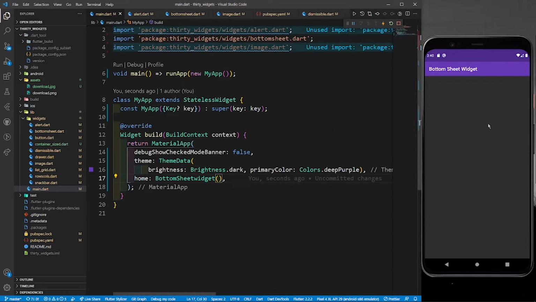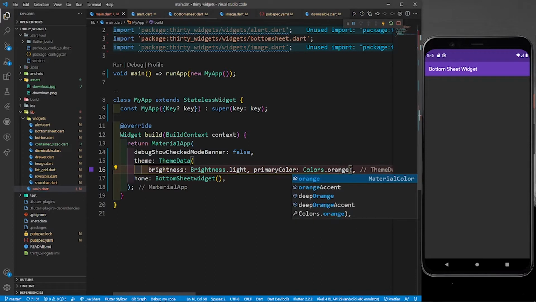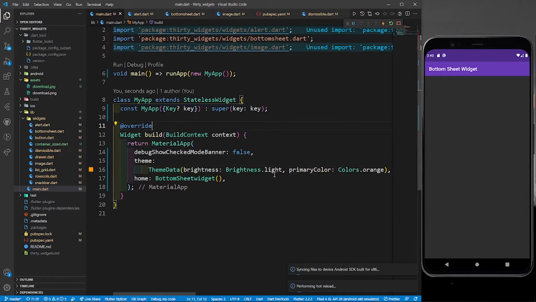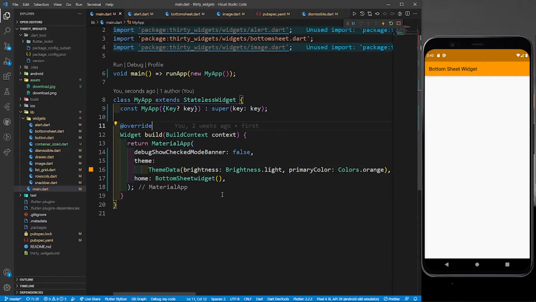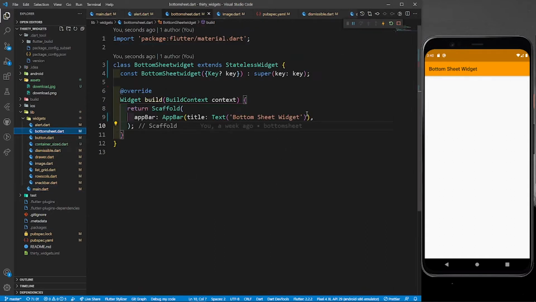And this time let's change the theme of the app. I'm just getting bored by seeing this purple color. So I'm going to make it brightness dot light this time. And primary color, let's change it to orange. Let me just save it. Perfect. And then I can go to my bottom sheet and the app bar.